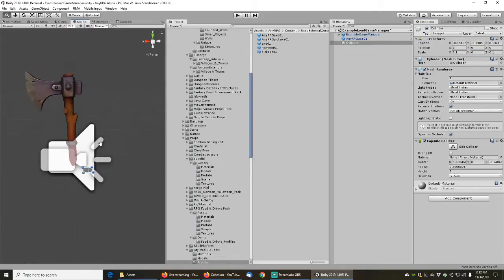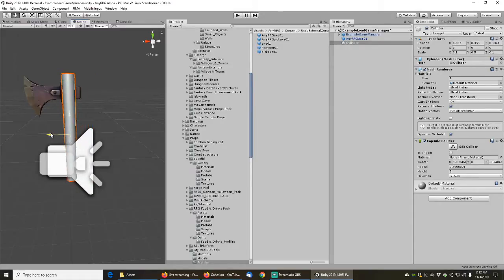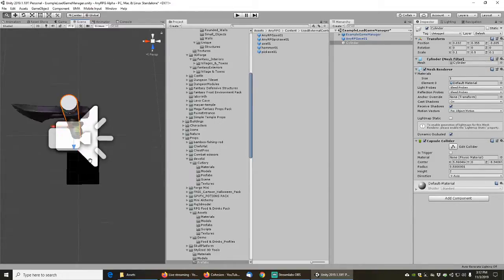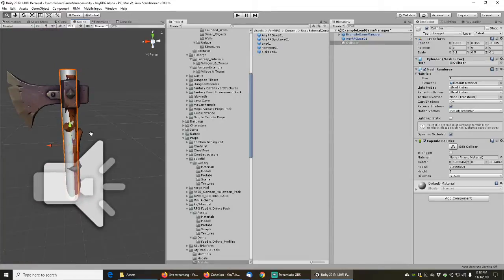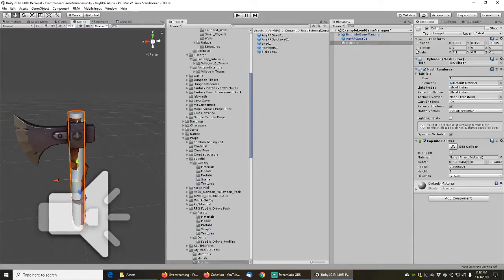Whoops. Whoa. Let's try that again. 0.5. And then there. Move it up. Sort of match it up with that handle there. And that looks pretty good. Yeah, that's about right. So now we've got a handle that's approximately the same size as the existing axe, and